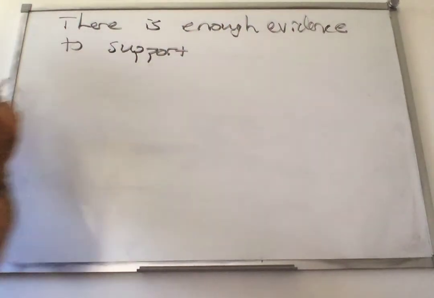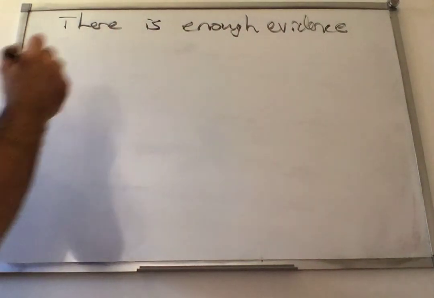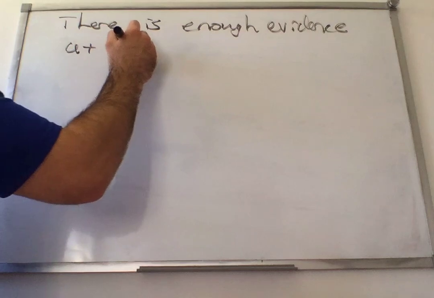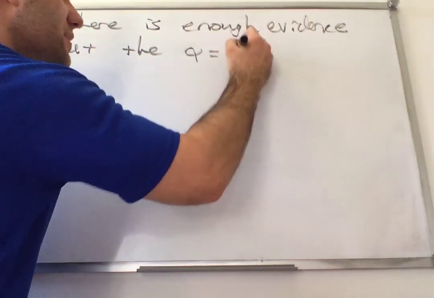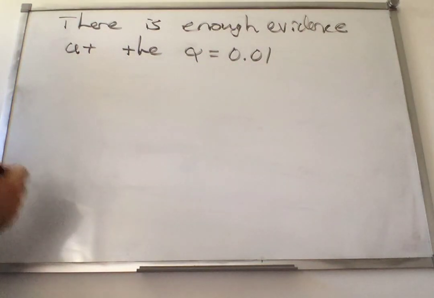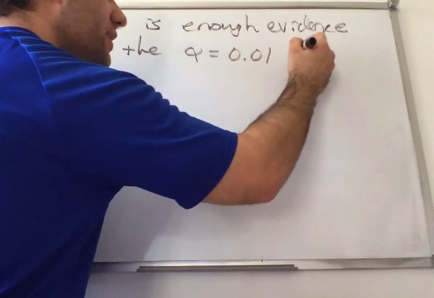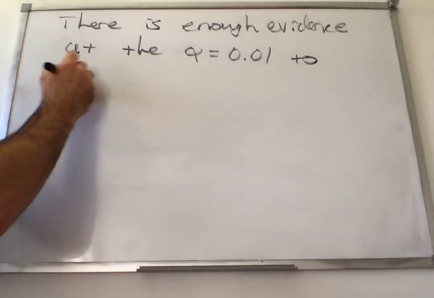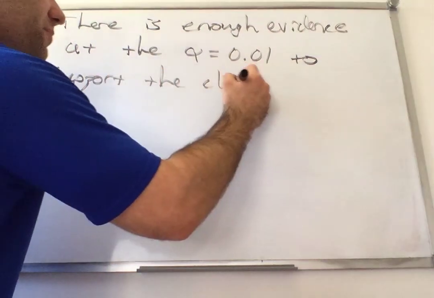I always forget this part. I always did this in school too. There's enough evidence at the alpha is equal to 0.01, so you got to state your level of significance, to support the claim